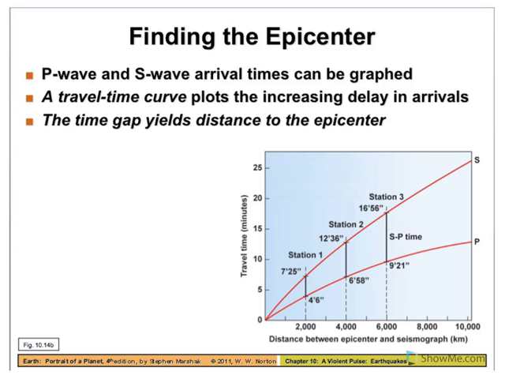So let's say here we've got this station with its time gap. The P wave arrived at 4 minutes 6 seconds. The S wave arrived at 7 minutes 25 seconds. We have our time gap interval. Right, we measure that on here, we measure it over here, and we read down, and it's 2,000 miles away. So we know station 1 is 2,000 miles away from the epicenter. And you can see we can do the same thing with station 2 and station 3, right? We figure out the time gap, we read down, we see it's a 4,000 mile distance and a 6,000 mile